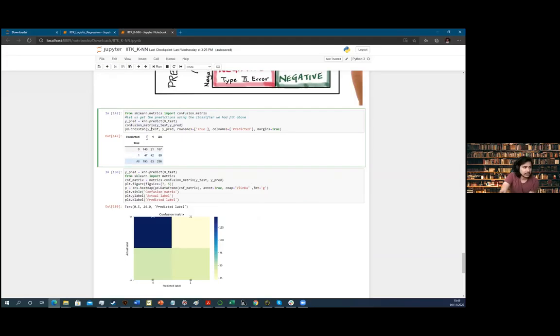So you can look at it and see that when it was class 0, it was predicted class 0 and it was true class 0. There were 146 cases. When it was class 1 and it was class 1, it was 42 cases. So the total correct predictions will be 146 plus 42, right? Then the false positive would be 21 cases, and then you have 47 cases.